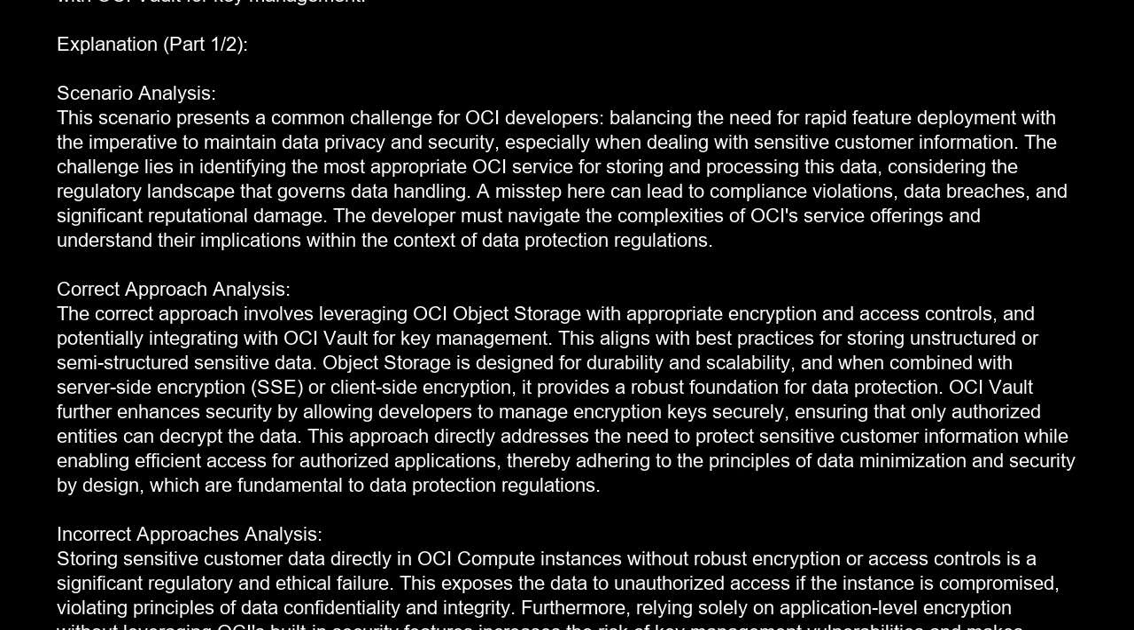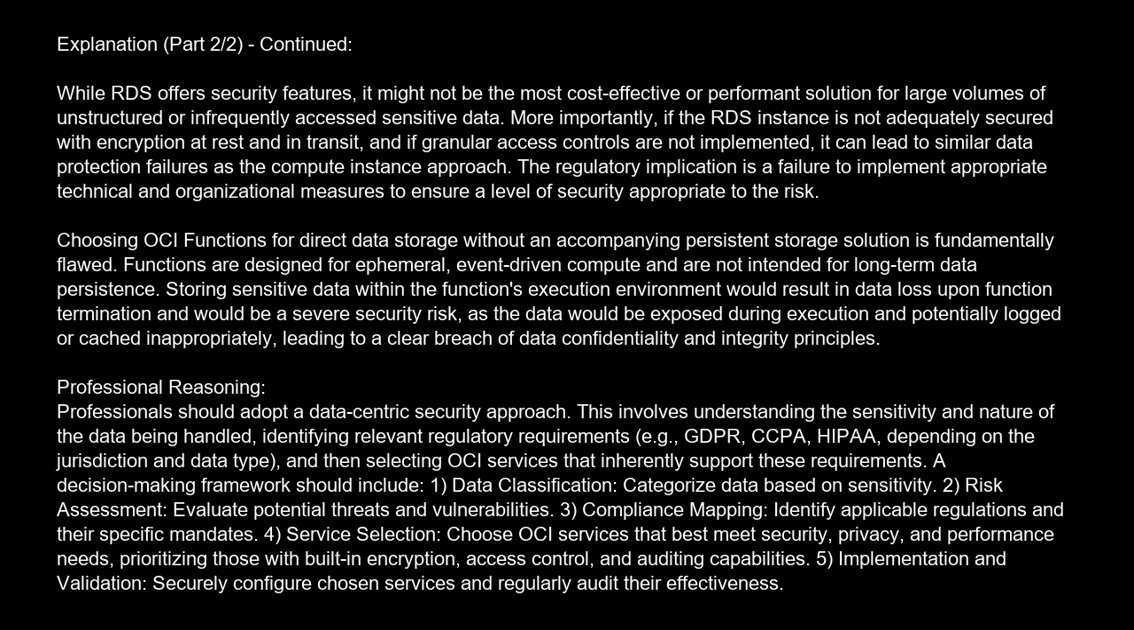Using OCI Relational Database Service, RDS, for all sensitive data, regardless of its structure, can also be problematic. While RDS offers security features, it might not be the most cost-effective or performant solution for large volumes of unstructured or infrequently accessed sensitive data. More importantly, if the RDS instance is not adequately secured with encryption at rest and in transit, and if granular access controls are not implemented, it can lead to similar data protection failures as the compute instance approach. The regulatory implication is a failure to implement appropriate technical and organizational measures to ensure a level of security appropriate